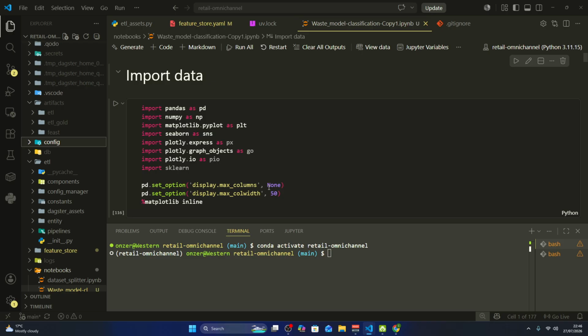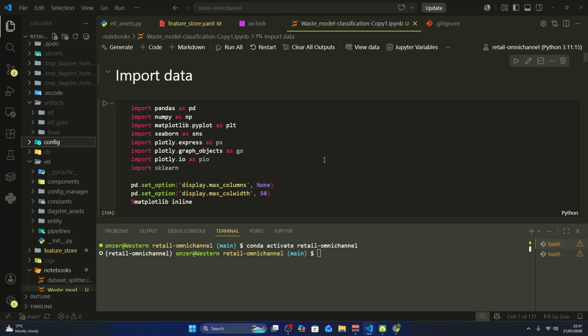That means we're able to accomplish both offline predictions and online predictions using Feast as the feature store. So once that is done, the next obvious step is to start on the EDA process,